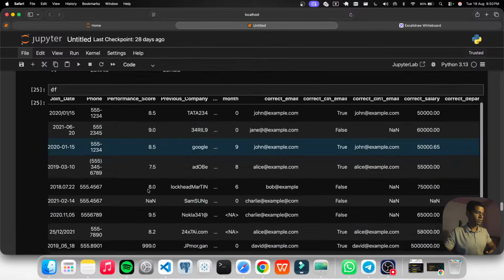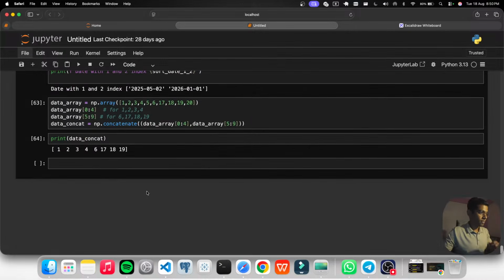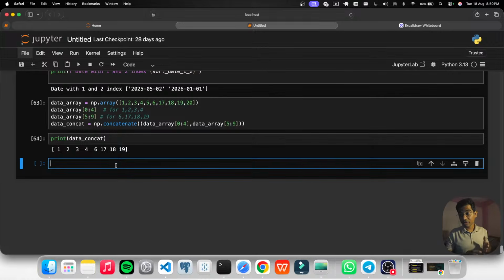Let's see what is the integer number for it. Although today's date, 18 August 2026, will be in date format, we will change it to integer. Let's see. I will say day number check. I will say simply np dot datetime64